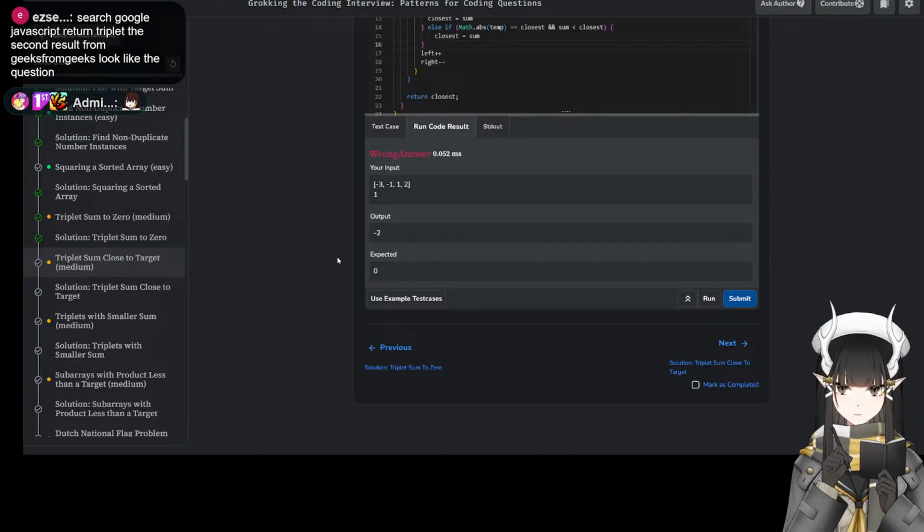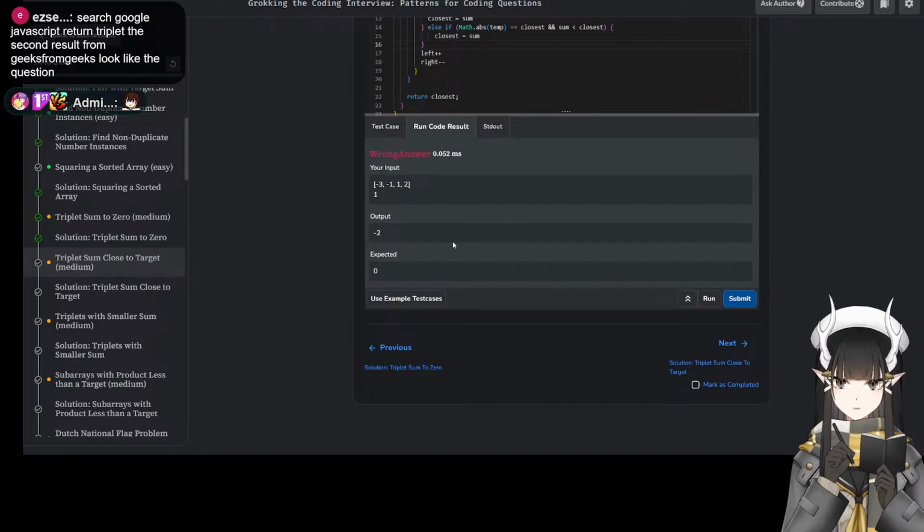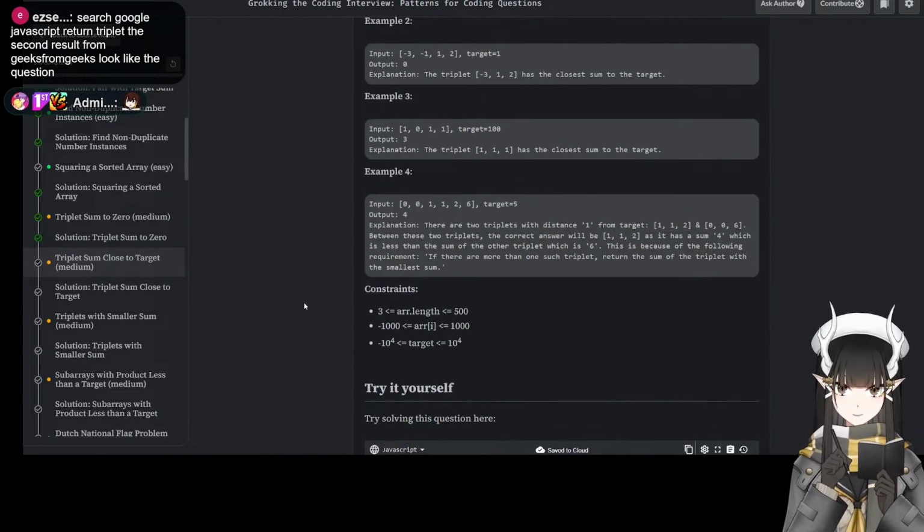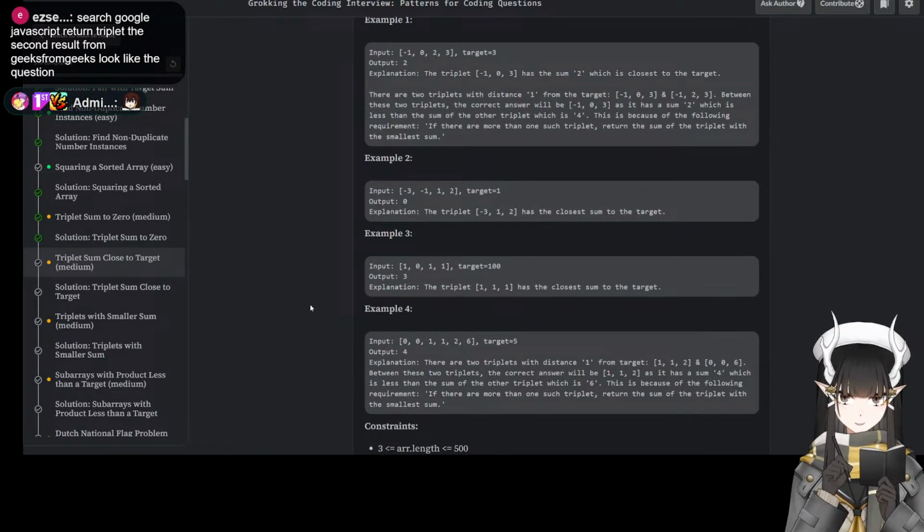This is correct. What do you mean? -2 is less than 0. So -2 should be the smaller sum. No? What am I missing?